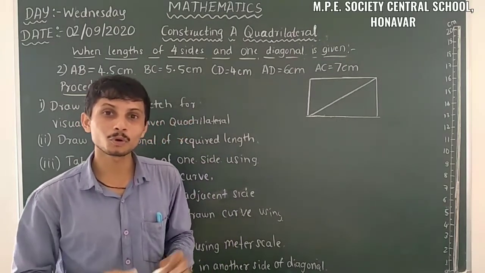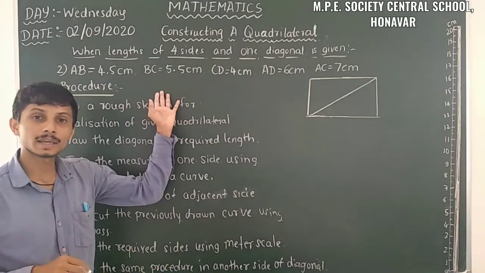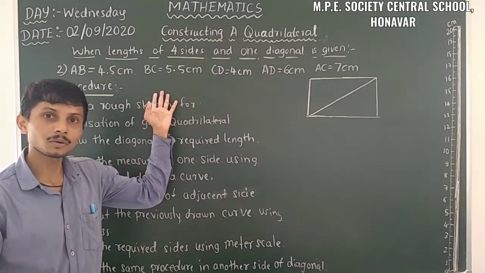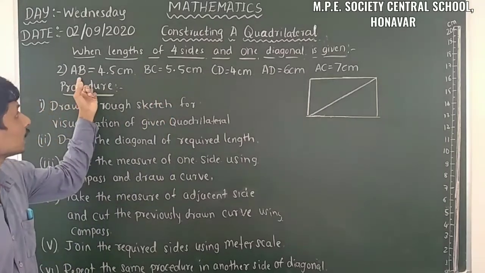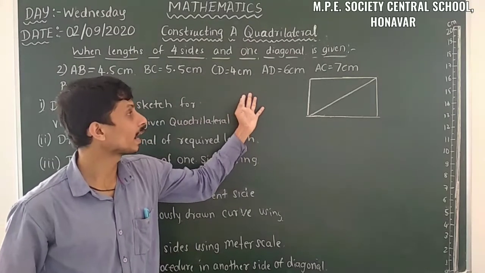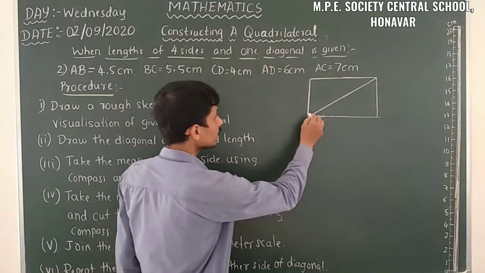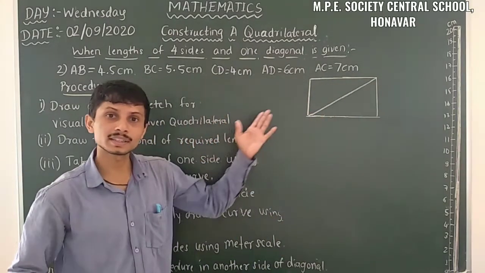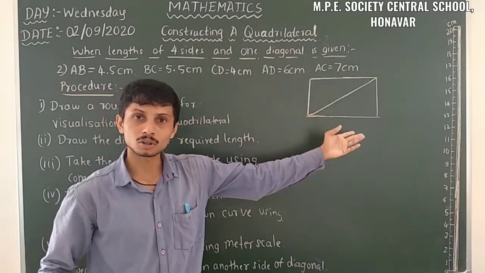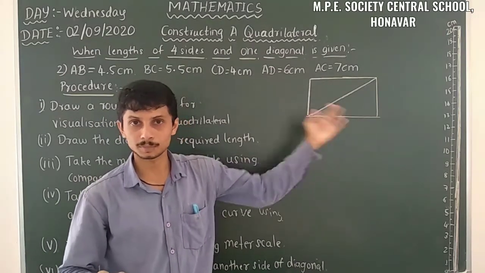Yes, so I hope you know about the procedure. So let us move on to the next problem, that is, so here ABCD quadrilateral is given. So here we have the four sides, that is AB, BC, CD and AD. So these are the four sides it's given, and another one is diagonal is given there. So that means it's a 7 centimeter. So firstly we have to label all the things in the rough sketch. Firstly we have to draw the rough sketch. It's already drawn here. So in your notebook you have to write the rough sketch.